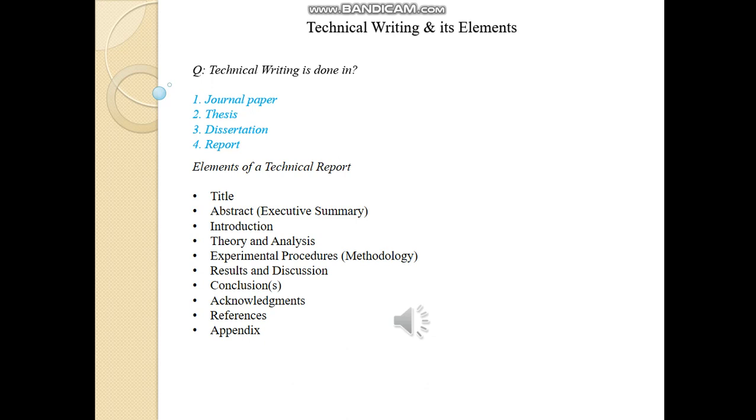So these are the elements in this manner. The title must come first, abstract second, introduction third, theory and analysis fourth, experimental procedures fifth, results and discussions sixth, conclusions at seventh position, acknowledgements at eighth, references at 9th and